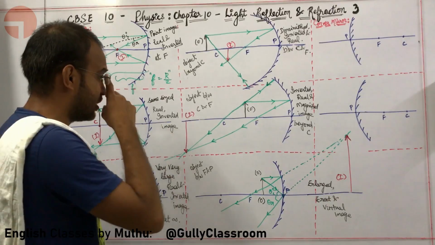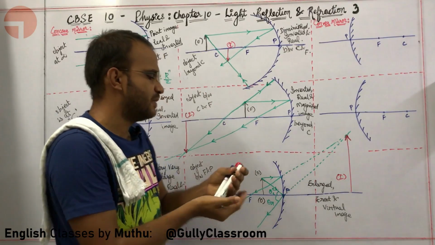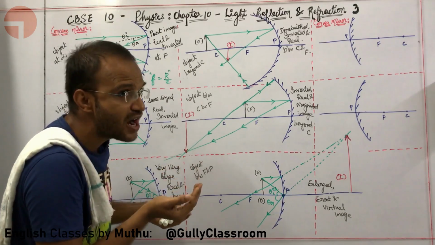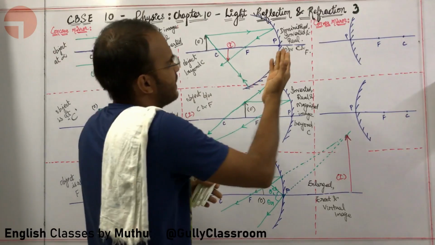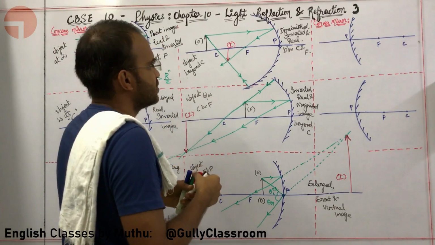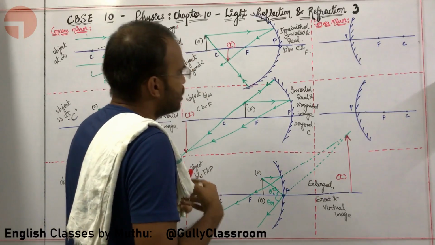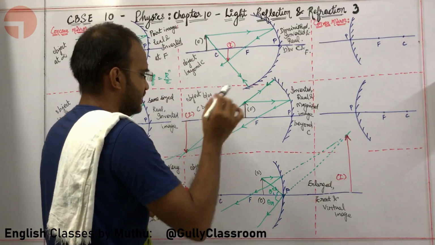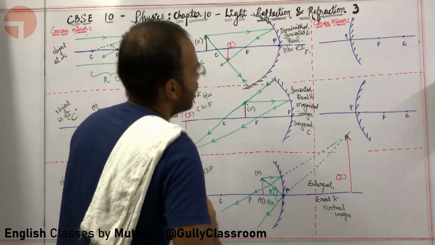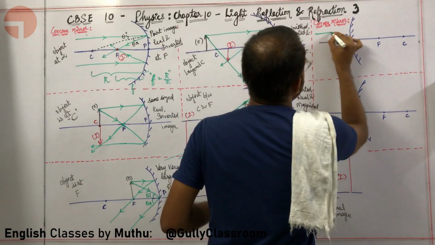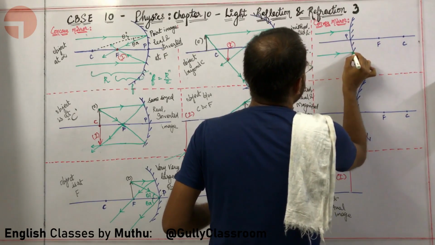Yeah. Okay, that's basically the concave mirror. Let us go for the convex mirror, or diverging mirror. A concave mirror is a converging mirror. A convex mirror is a diverging mirror. That is fine, sir. Now, what are the two conditions for which you are going to draw in a convex mirror? The first condition is the object is obviously at infinity.